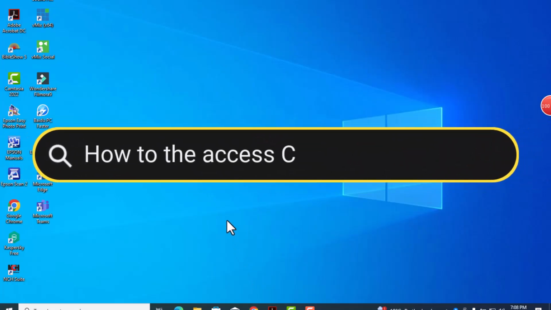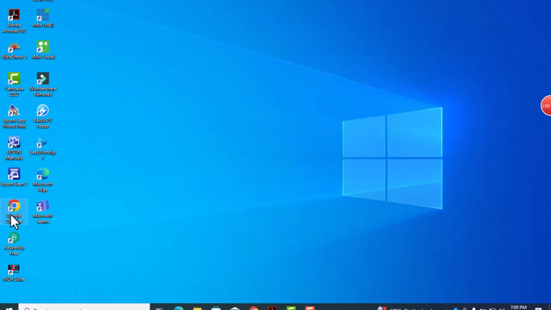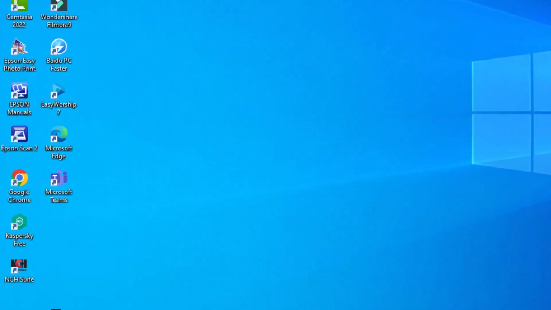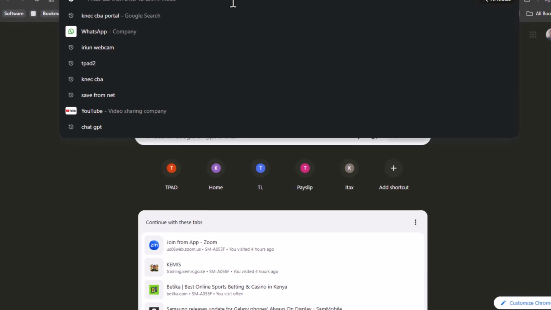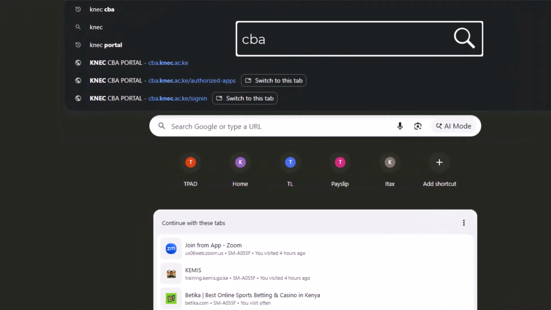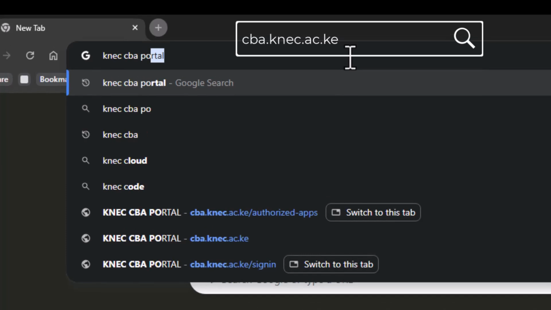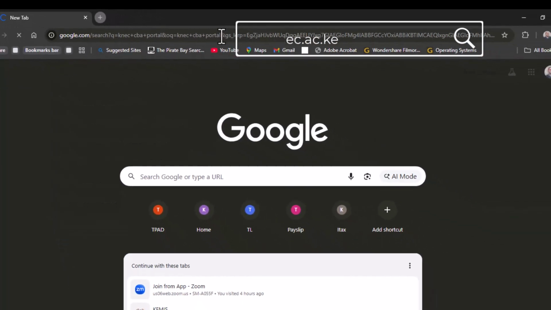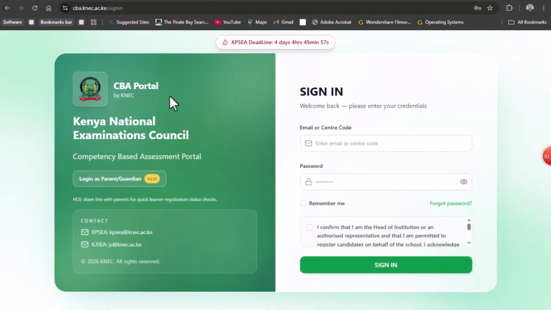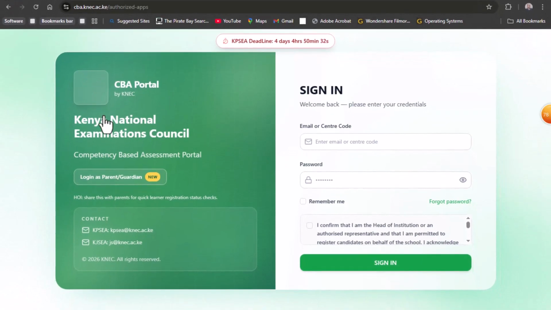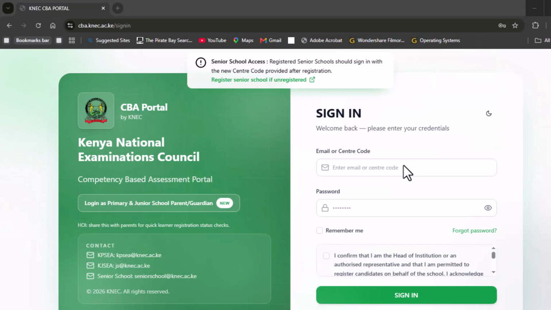How to access the CBA portal. Using your browser of your choice, for example, in this case, I'm going to use Chrome on my computer, you can access the CBA portal by directly using the link cba.nec.ac.ke, or you can also access the CBA portal by using the address nec-portal.ac.ke. So once the page loads, you can see from my screen, now that is the Kenya National Examination CBA